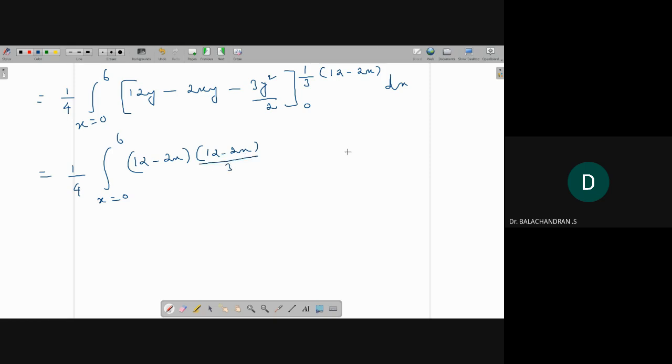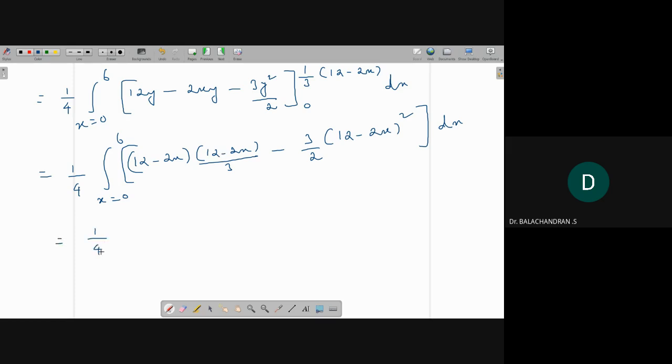Okay, upper limit is over. Minus, still we have here minus 3 by 2, 12 minus 2x whole square. Lower limit is everything 0 into dx. Okay, so this is also 12 minus 2x whole square,